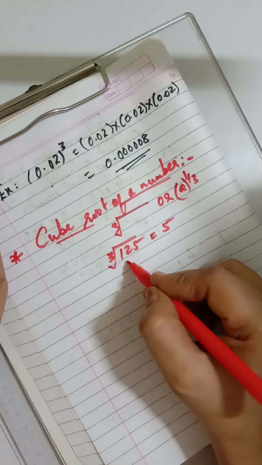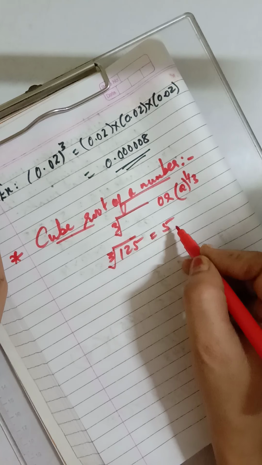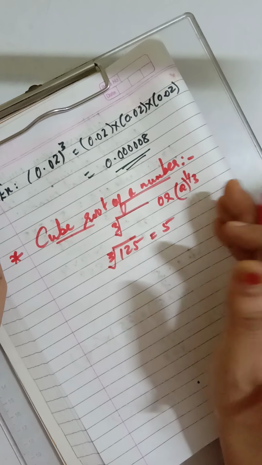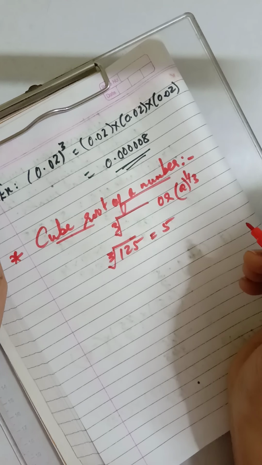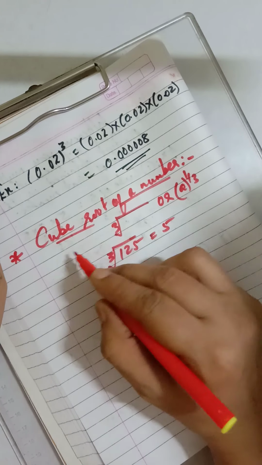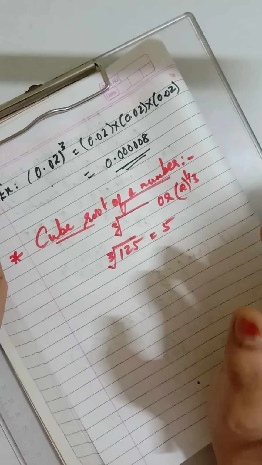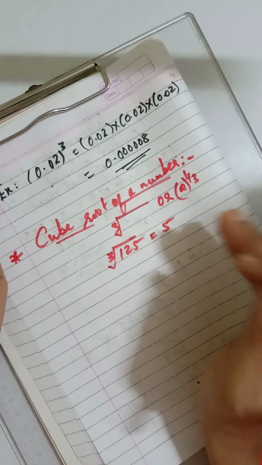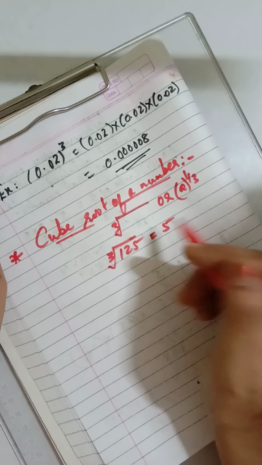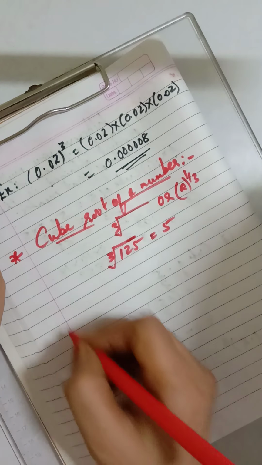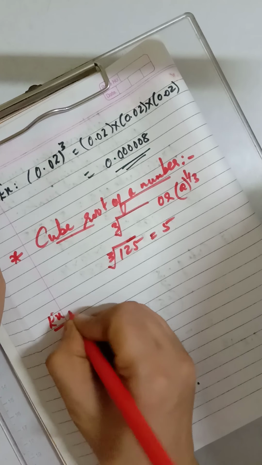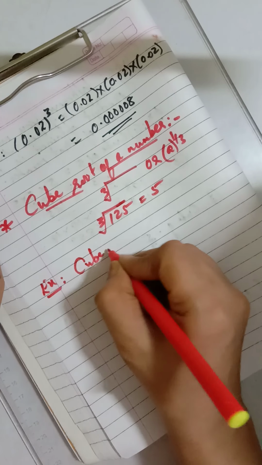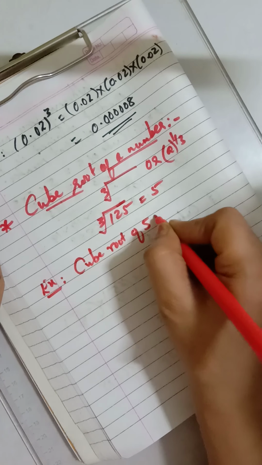Now this is a simple number, so you can find the cube root orally, but if the numbers are big, how are you going to find the cube root? So let's see that method. We find the cube root mostly by finding the prime factors, by the factorization method. That will be the easiest method to find the cube root. Now let's take one example. Let us find the cube root of 5832.